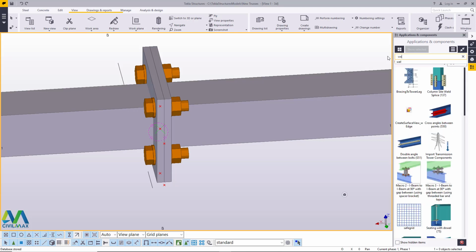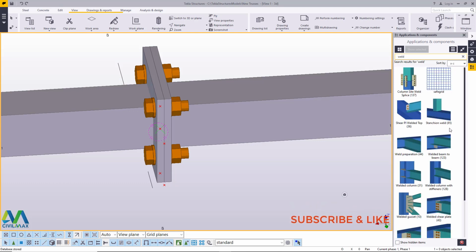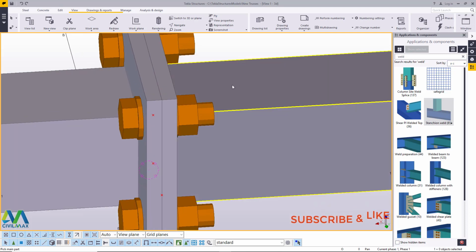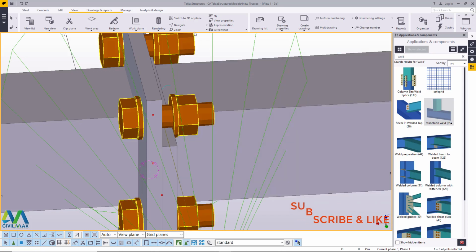Now type weld right there. Just complete the word, because with every letter you type, Tekla Structures will try to predict whichever macro you're looking for and bring up macros starting with the same letters. Now I'll just finish the weld so that we have the stanchion weld here. We'll use this. Now I'll pick this member and pick that plate to create a weld